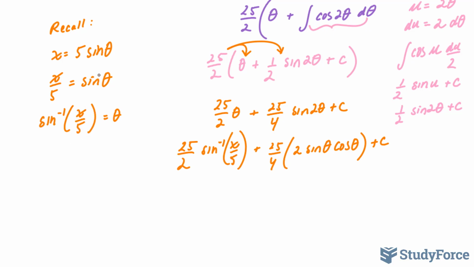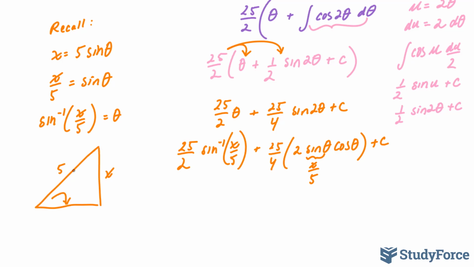Now of course, if we were to take a look at sine in a right triangle, sine is opposite over hypotenuse. So our opposite is x and our hypotenuse is 5. So if we were to take the sine, we would end up with simply x over 5. So this right here is equal to x over 5 as shown. So this is gone. But now we have to take it in terms of cosine. And cosine is adjacent